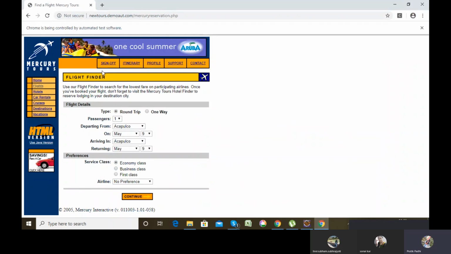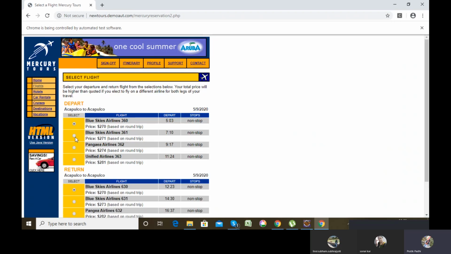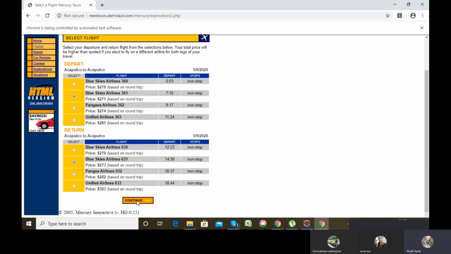What you will be doing in the home assignment is sign into this particular URL, which we already did in our code. Then you try to book a particular flight. Once you log in, leave the drop down, because the drop down part we haven't covered, we'll be covering it in the next session. So you just click business class, then continue, then again click here, then click here, then continue.